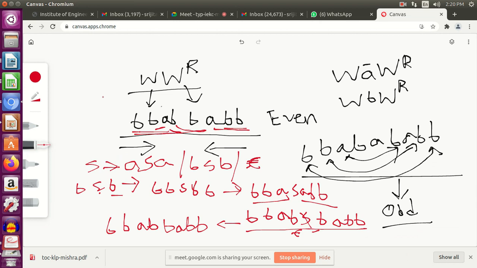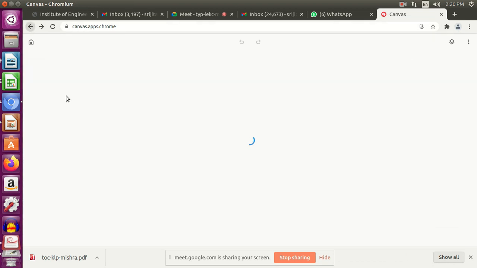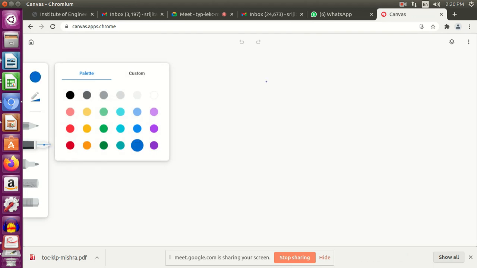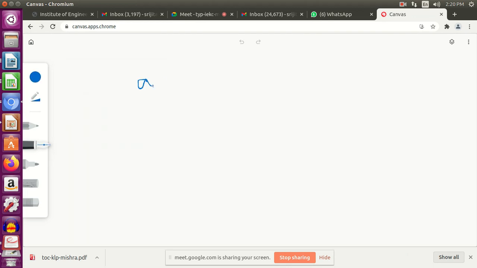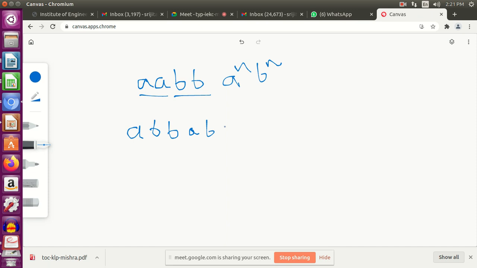Just the difference, what I am trying to say is, A to the power n, B to the power n was a previous kind of grammar that you have seen, where A should be followed by B. Here in this question you are asked the number of A should be equal to number of B, which means suppose you write A over here, then B over here, B over here, then A over here, then B over here, then A over here.